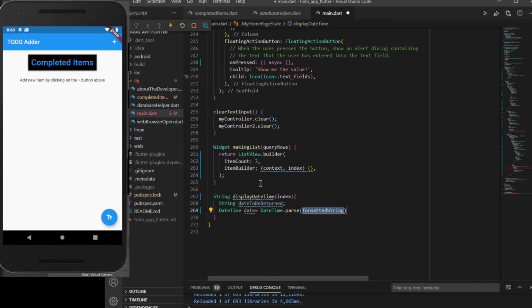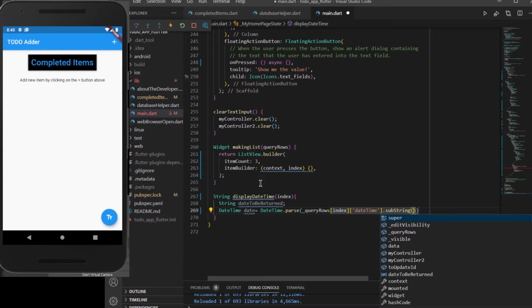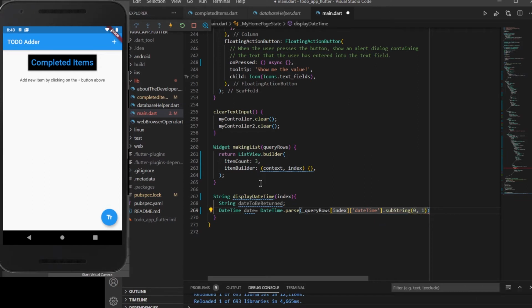So in what format we want the date to be. So we'll have underscore query row. So we'll check a particular condition, and if it equals U, then we'll be returning the date in some particular format, else we'll be returning the date in some other format. So query rows index and date time dot substring. So it will be taking the first character of that particular string. So we have passed 0 and 1, so 0 will be included and 1 won't be included. So it will be checking if it is equal to capital U, then we need to return this, else we